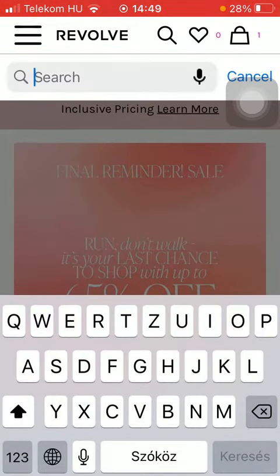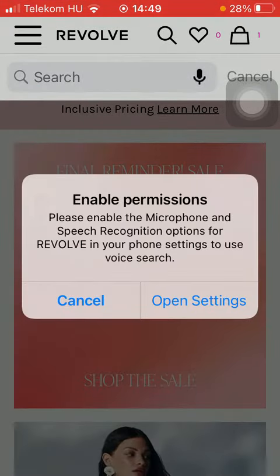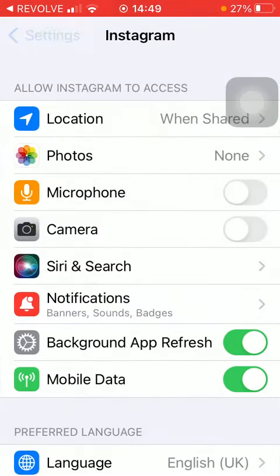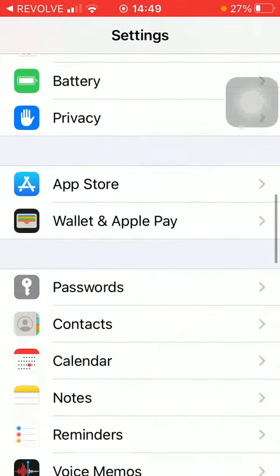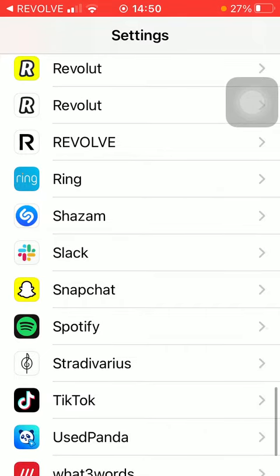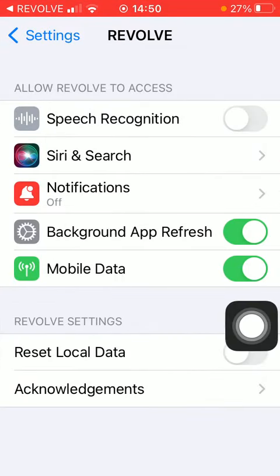Here within the search bar you can find this microphone icon, so tap on it, tap on open settings to enable the application to have access to your microphone. So search for the app, tap on it and click on speech recognition on the right side of the screen to allow the app to